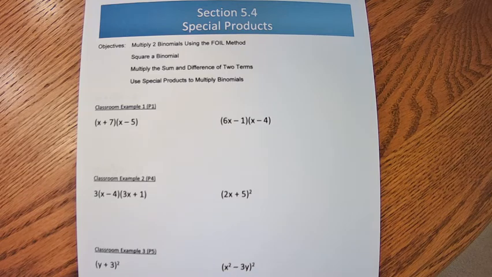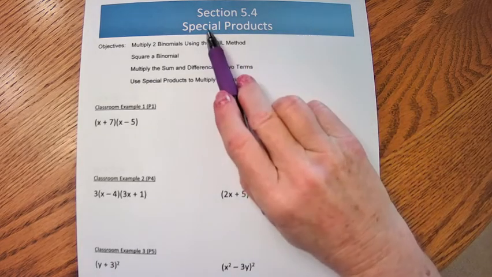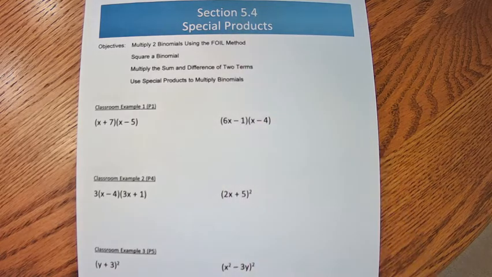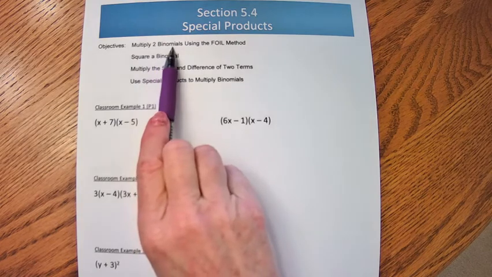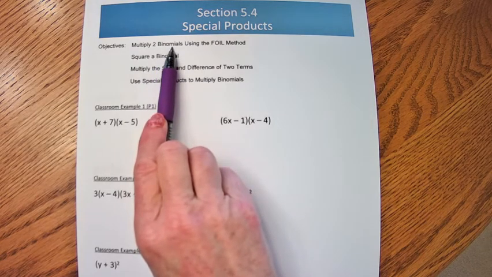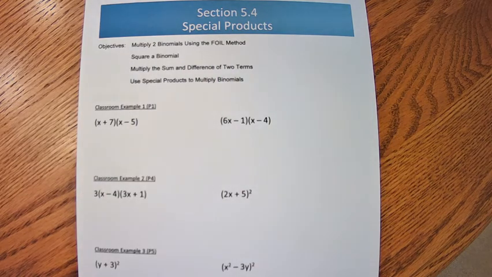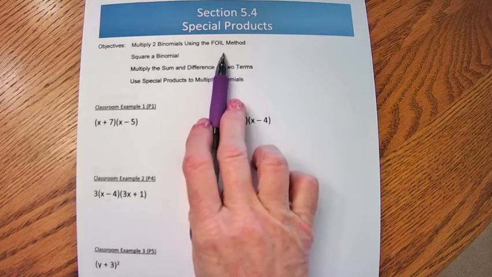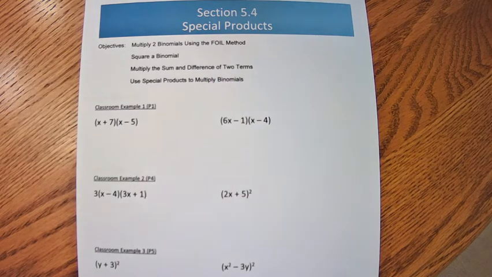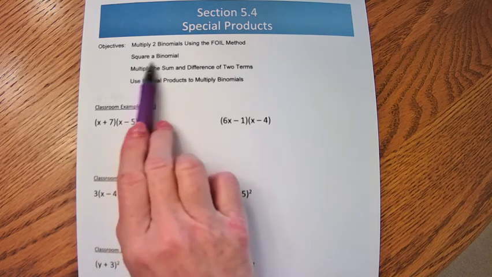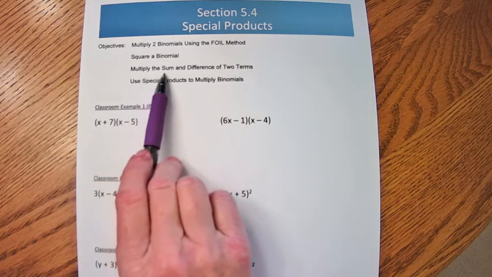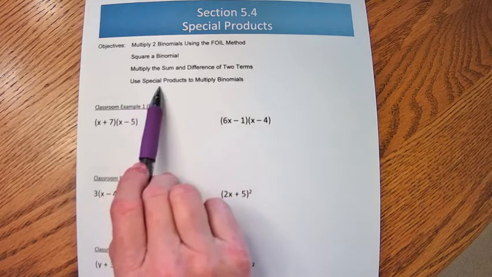Now in section 5.4, we're going to continue to work on multiplying polynomials, but there are some special products. Products means the result of multiplication. So when we multiply two binomials, two polynomials that have two terms, we can use what's called the FOIL method, which is basically the distributive property, but it's just a way to make sure you haven't forgotten one of the expansions. Find the square of a binomial, how to multiply the sum and difference of two terms, and then some